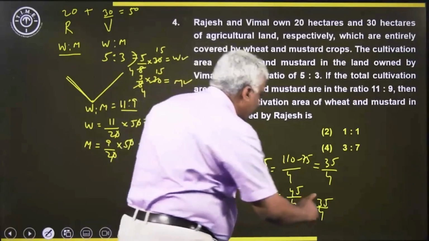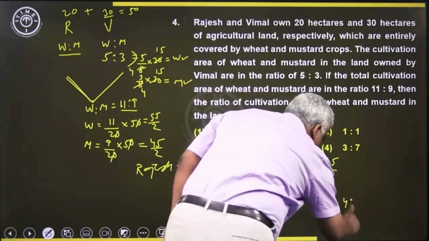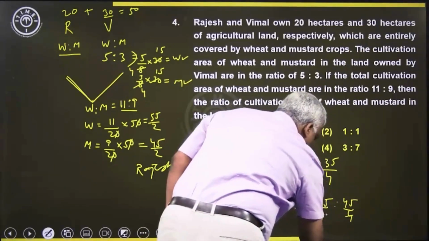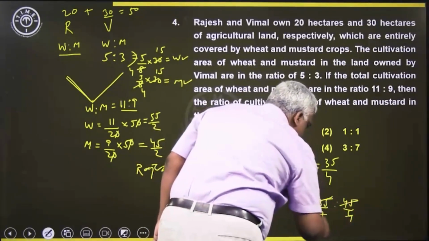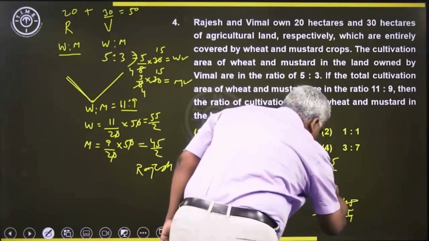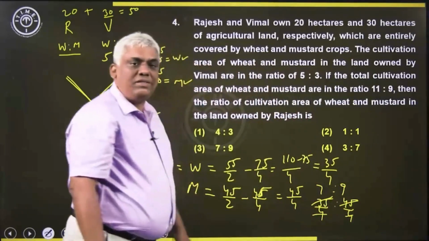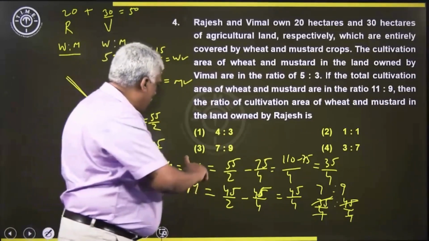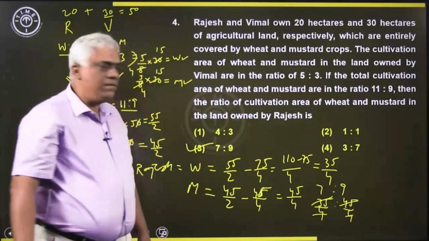is to 45 by 4. The 4 got cancelled, 5 7s are 35, 5 9s are 45. So, the answer is 7 is to 9, which should be option 3, 7 is to 9 is the answer,